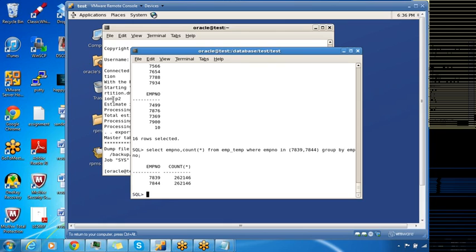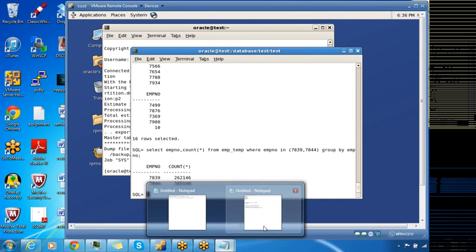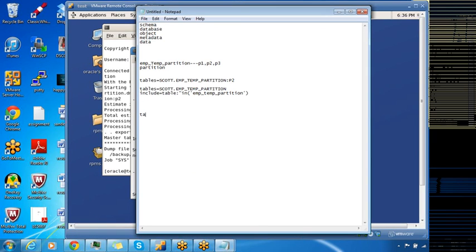If you see, 7839 has 2,62,000 rows and 7844 also has 2,62,000 rows. So I want to export on the whole 5,20,000 some rows, the employees with employee number 7839 and 7844. I'll show you how to extract a subset of data from the table. To do that, we'll use the option query. We have to specify tables equal to the table name first, scott.emp underscore temp. After that, you have to specify query equal to,